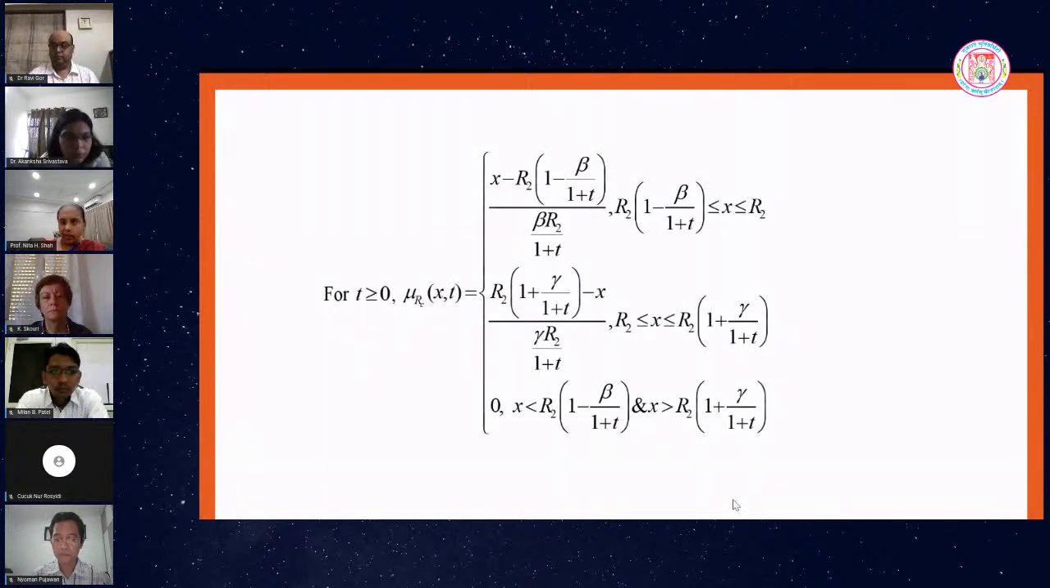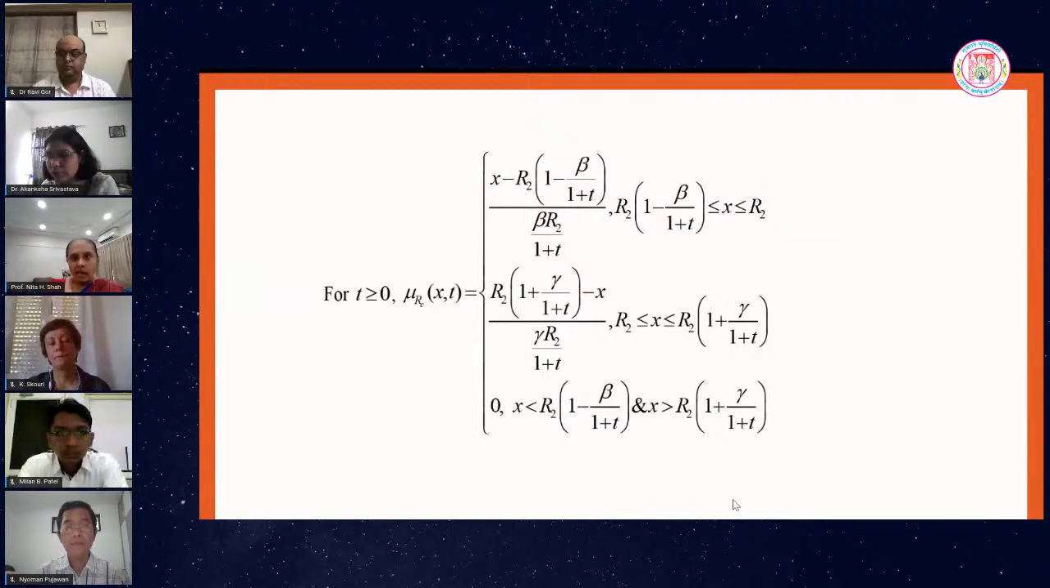Obviously, t should be greater than 0 because we are working with real situations. So the membership function will be defined as x minus R2 into 1 minus beta upon 1 plus t, if x lies between R2 into 1 minus beta upon 1 plus t and R2. And on the right side, it is R2 into 1 plus gamma upon 1 plus t minus x, divided by gamma R2 upon 1 plus t, and 0 if it is either on the left side or greater than the right side of the quantity. So now we have the membership function for